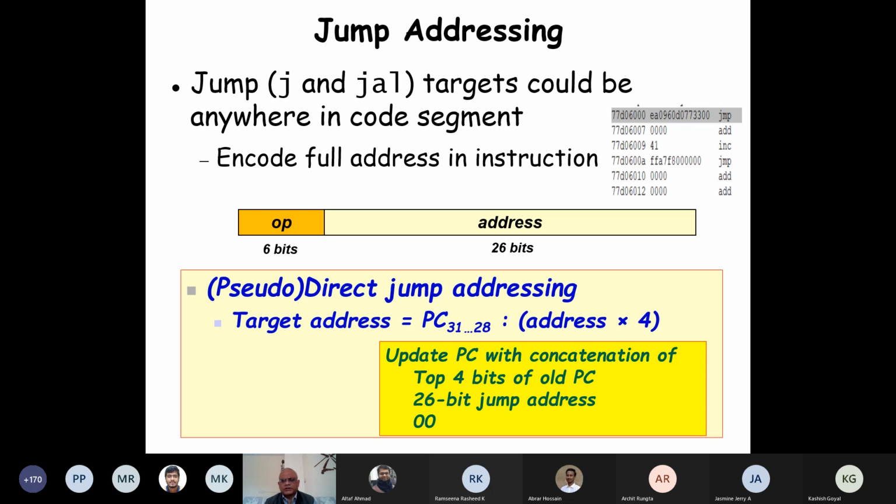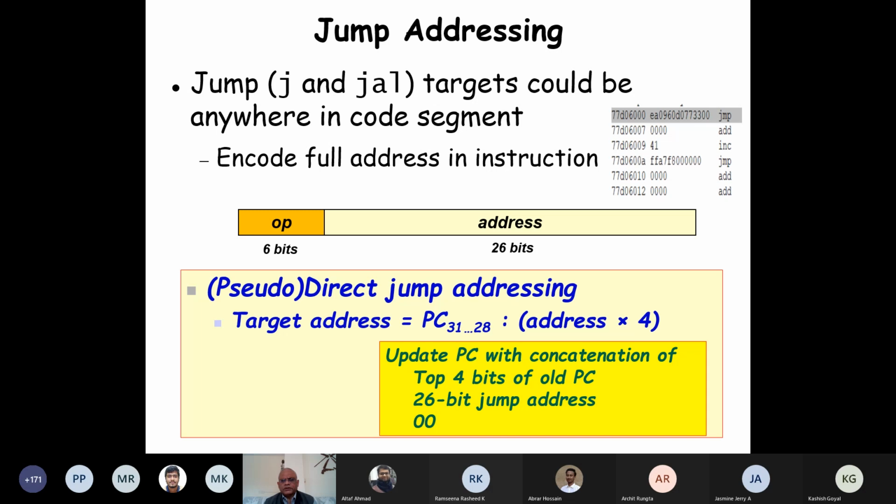And each instruction is always 4 bytes. And therefore the last 2 bits will be 0. And that leaves us the upper 4 bits, and those upper 4 bits will be extracted from the PC.